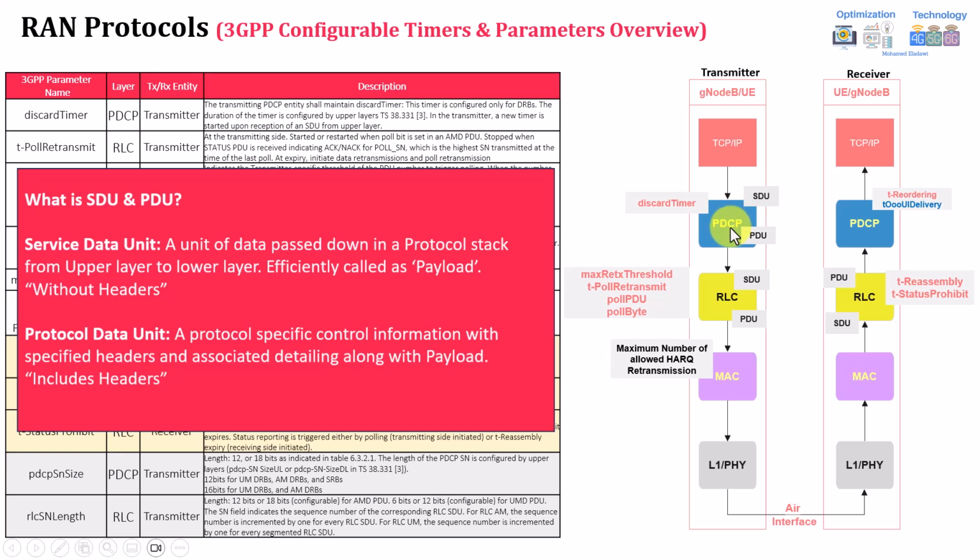Once the headers of the PDCP, RLC or MAC are added, it is called a PDU. For example, the entry point is called PDCP SDU, and the output from the PDCP, once the header is added to the data, is called protocol data unit, which is PDU. But at the RLC layer, the PDCP PDU equals the RLC SDU. So once it reaches the RLC, it is called an RLC SDU. Just to clear this up, because we'll be highlighting SDU and PDU all over the session.